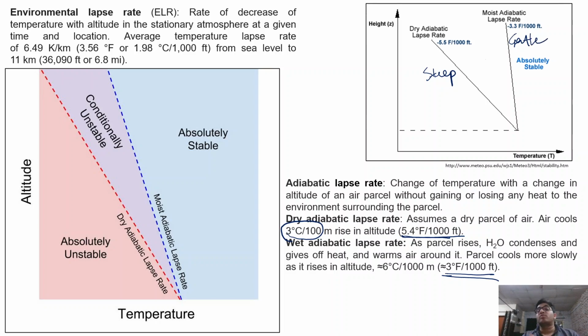rate. ऐसा क्यों हुआ? क्योंकि जब एयर ड्राई है, जब वो पूरी तरीके से ड्राई है, तो जब वो राइज करती है, तो उस केस में वो अपने सराउंडिंग एयर मास को गर्म नहीं कर पाती है। क्यों गर्म नहीं कर पाती? क्योंकि जब ये एयर राइज करती है, ड्राई एयर जब ये राइज करती है, तो ये सिर्फ एक्सपैंड करती है। उस एयर के अंदर जो भी हीट या एनर्जी अभी स्टोर्ड है, it is being used in the form of work. But once the moist air mass rises, जिसके अंदर जो